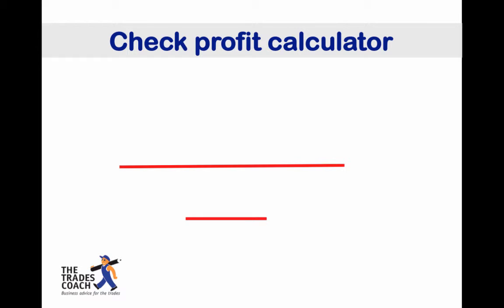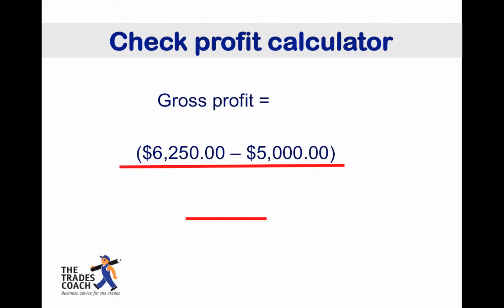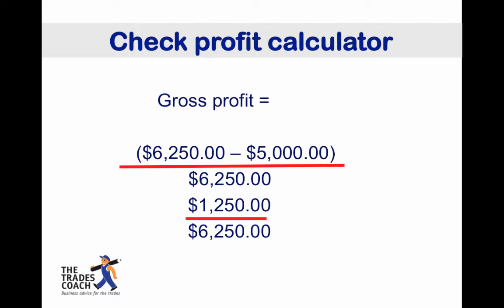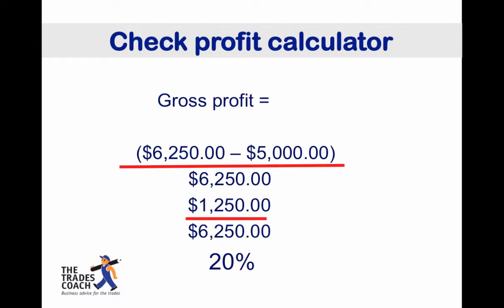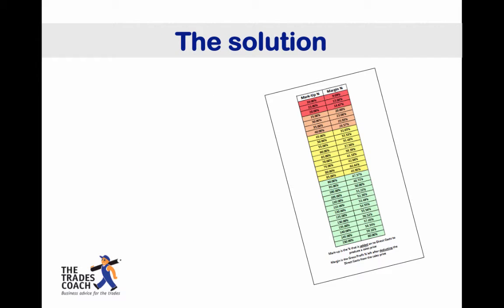Okay, so just as a double check here, is that 6,250 the right sale price to get us our 20%? If you remember what that formula was, sale price minus direct cost divided by sale price again. So now, example, we have $1,250 worth of gross profit in dollars divided by 6,250 is 20%. My apologies, gone past too fast. 20%. So there we have hit our 20% target figure. Okay, you can do the maths each time as an aside or as a guide when you're doing your costing,